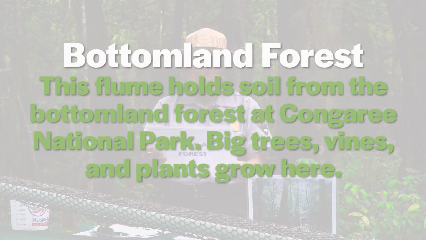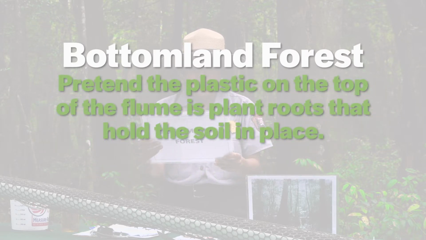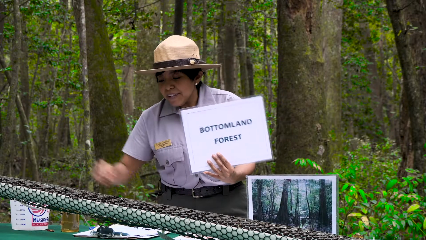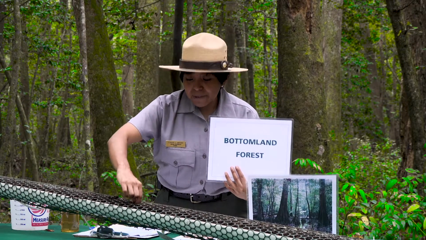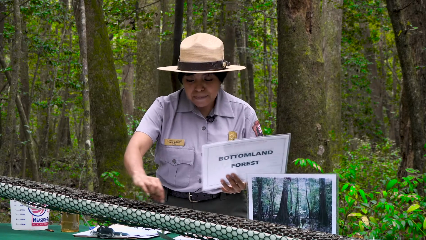The name of this flume is the Bottomland Forest. This flume holds soil from the Bottomland Forest at Congaree National Park. Big trees, vines, and plants grow here. Pretend the plastic on the top of the flume is plant roots that hold the soil in place. So we have here a plastic that represents the roots, and we have here